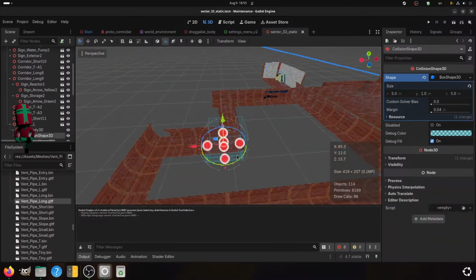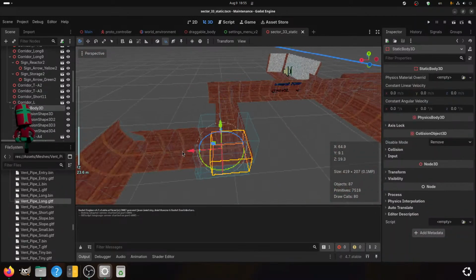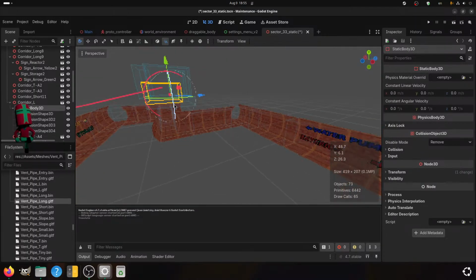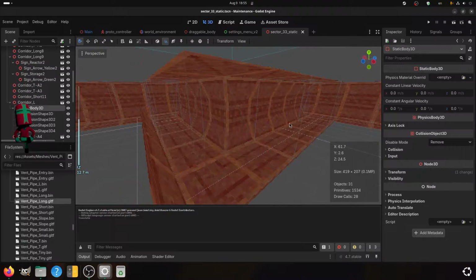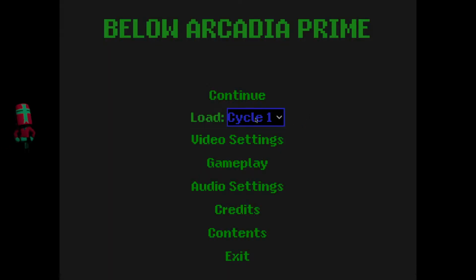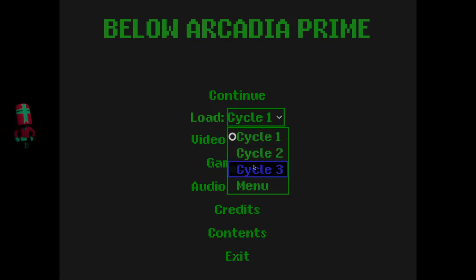Now let's do a test. If I move this static body up there where it won't actually do anything, will the corridor now be so very kind as to work correctly?